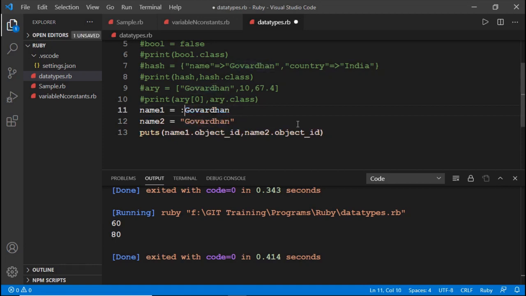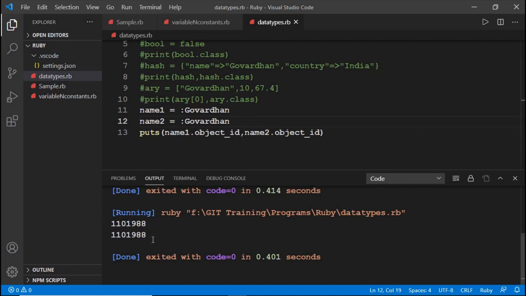So to avoid this, Ruby supports symbols. Here, instead of a string, you use a symbol to store the value into the variables. Now let us test the IDs of these two variables. See here, both name1 and name2 show the same address location.